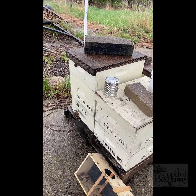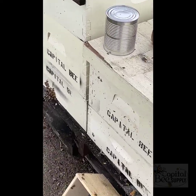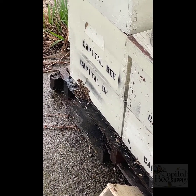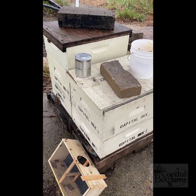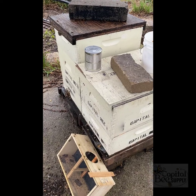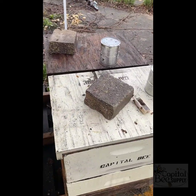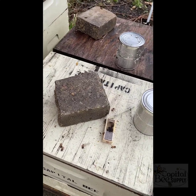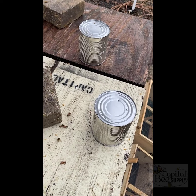The other colony sitting on here is an overwintered colony, and they're interested in all the action around here. They're coming out. I'm under a canopy here today because it's been raining pretty consistently. I put up the canopy and I think they've decided that it's not raining so bad, they're coming out. So what I did here, this is the shook queen colony, and if I pick this up, some cold bees